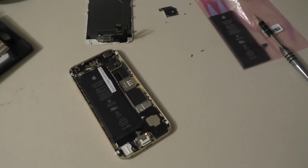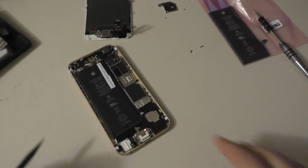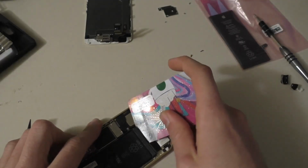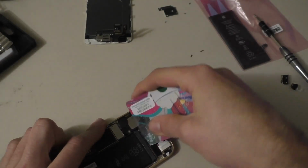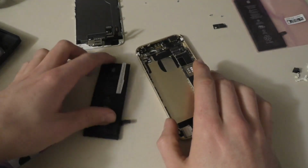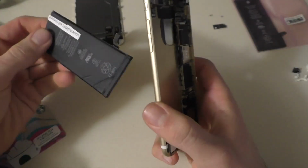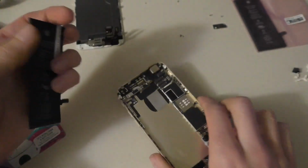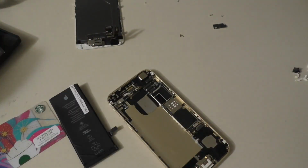Okay, now with the screen removed, we can attempt to remove these battery tabs. Okay, so unfortunately I had to do the pry of shame, but it came out and it didn't explode, so that's good. Let's go ahead and take a look at the new battery,